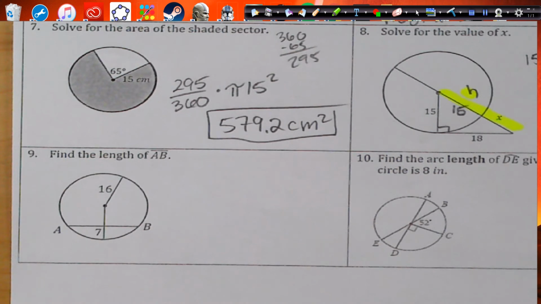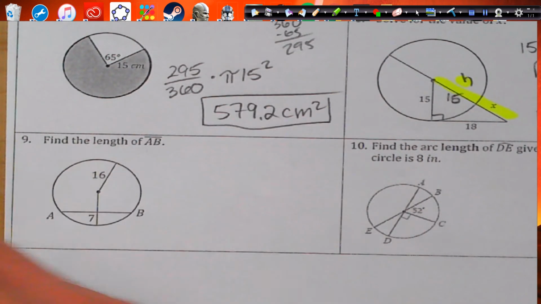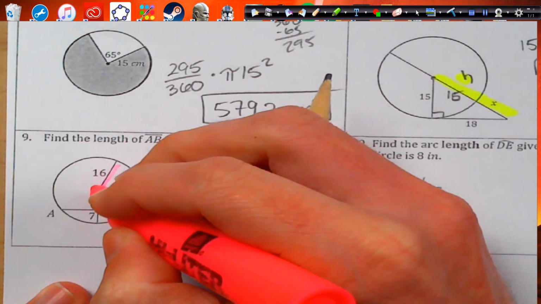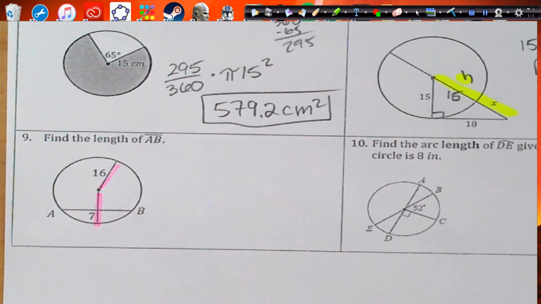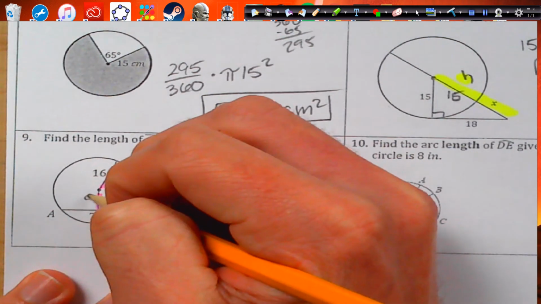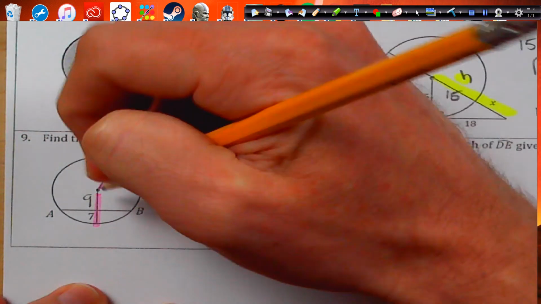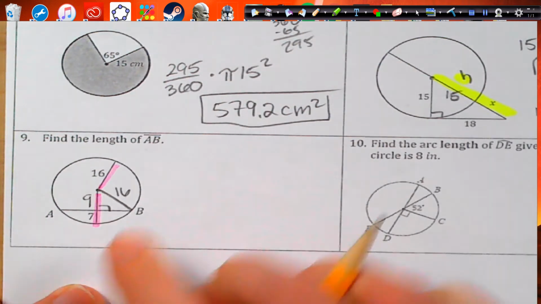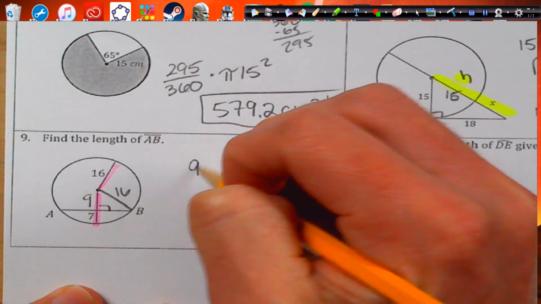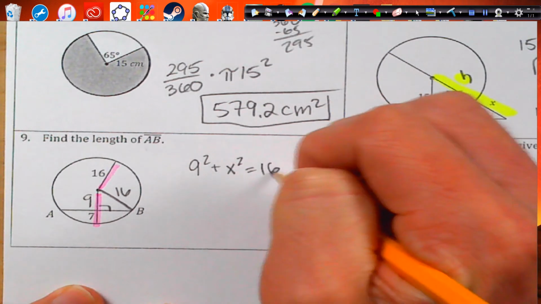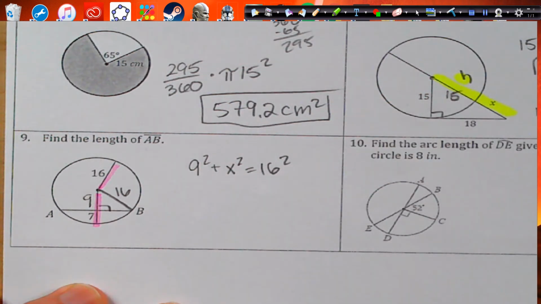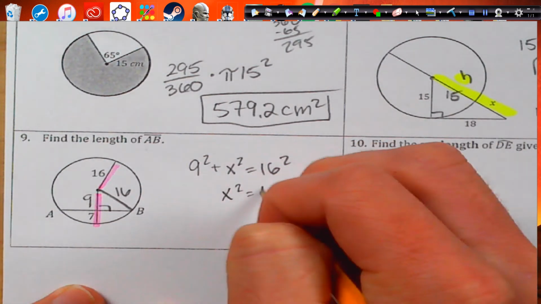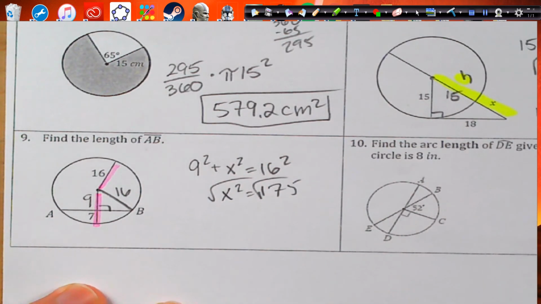Number 9 was a tricky one here. Again, now we know that the radiuses are congruent. This is a radius and this is a radius. And so we know that we have 7 here. That means this has to be 9 because 9 plus 7 makes 16. And then I can create a little right triangle here, and we can find AB. So we're going to get 9 squared plus I don't know squared equals 16 squared. Doing this fast, I can square these, subtract them, and I'm going to end up with 175. Take the square root of it, and we're going to get about